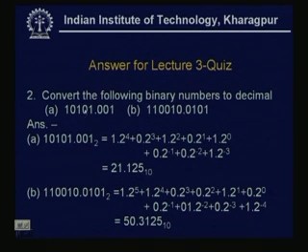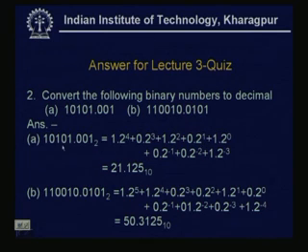The second question was to convert the following binary numbers to decimal. Here the binary radix is 2. Using the formula we did, 10101 means 1 into 2 to the power 4, where 4 is the place value. Similarly, 0 into 2 to the power 3, plus 1 into 2 squared, 0 into 2 to the power 1,